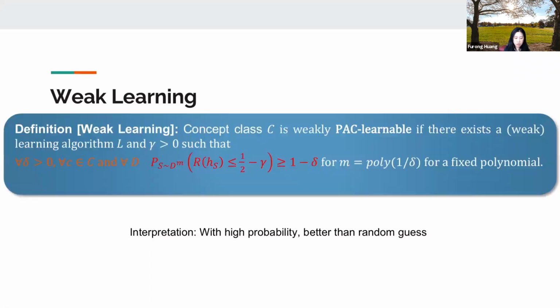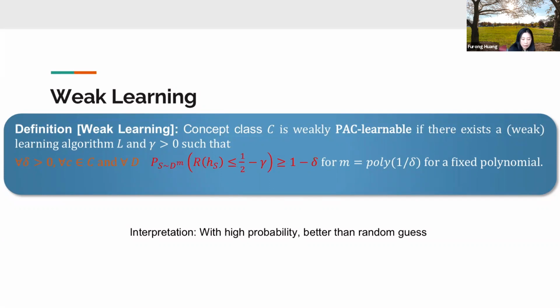Okay, first I want to introduce this concept of weak learning. What do I mean by weak learning? The definition of weak learning is: you have a concept class C, so weak learning is with respect to a concept class. The concept class is weakly learnable if and only if there exists a weak learning algorithm L and a gamma greater than 0, such that for any delta greater than 0, for any target concept within that concept class, and for any distribution,